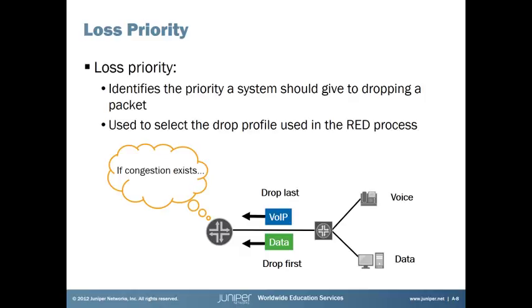What this RED process does is it monitors the consumption of bandwidth on the network. And if we're getting close to exceeding our maximum bandwidth, what RED does is it starts to preemptively drop packets off of a network. Now, one of the problems that you get with a protocol like TCP is that